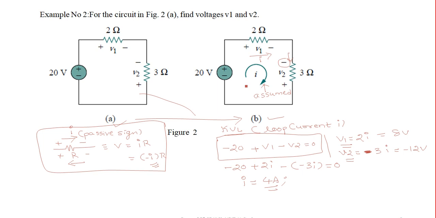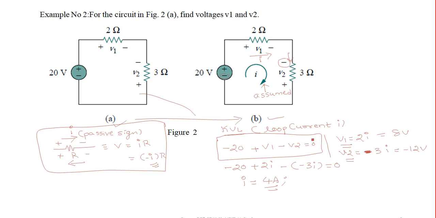In your basic electrical circuits, if you have studied something like voltage rise and voltage fall, don't keep those things in mind. Just look into the polarity. Which polarity do we have? Negative. And look into the direction of the current. Is it going clockwise? So you have to consider the direction of current and the polarity. According to the clockwise way, this will be minus 20. Then here we have plus V1. Then again negative polarity is mentioned, so it is minus V2 equal to 0, right?